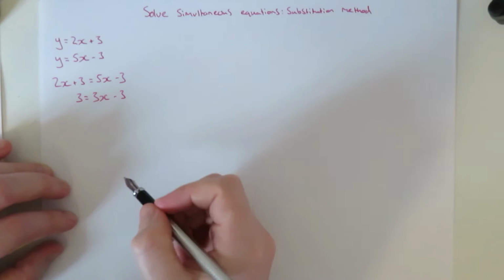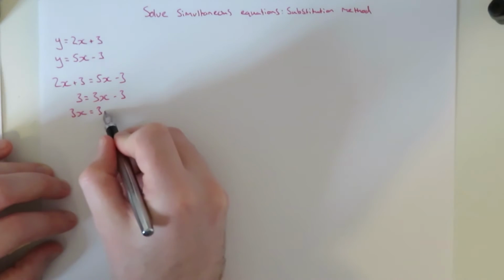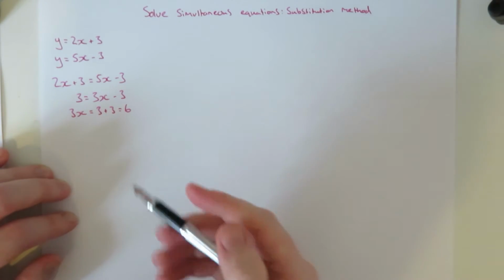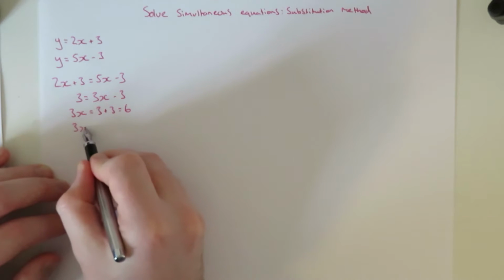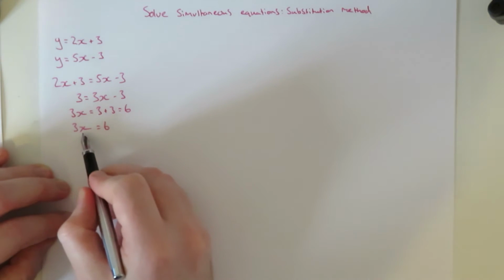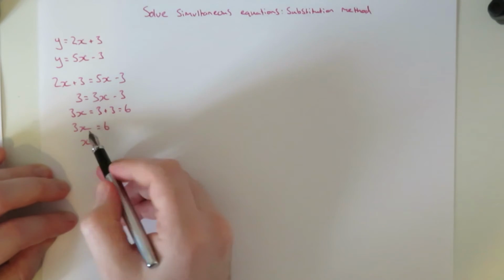And then if we add 3 to both sides, we'll have 3x is equal to 3 plus 3, or 6. So 3x equals 6. I'll write that out in one line. So now we need to divide both sides by 3, and we'll get that x is 6 divided by 3,